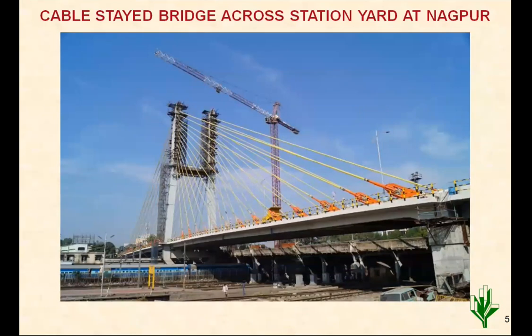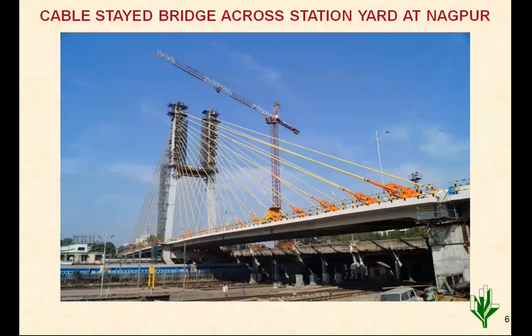This is a photograph of the bridge almost completed in phase 1. You will be able to see the second bridge beside that existing old bridge that has many spans, and all the piers are in between each track, and that was required to be dismantled. So after building this bridge, that was dismantled and the second phase has also been completed.